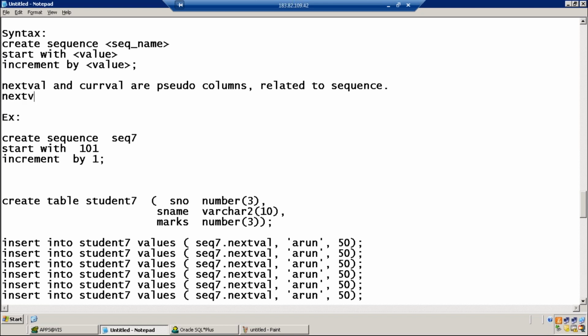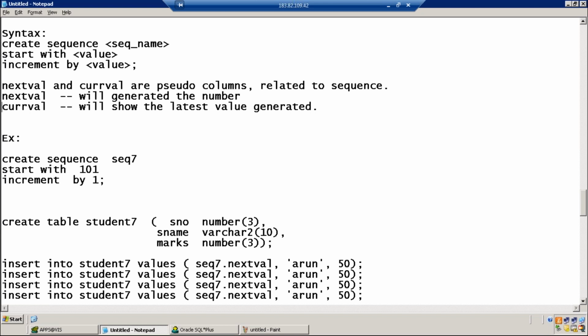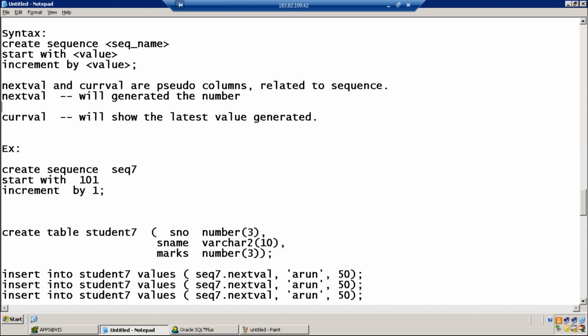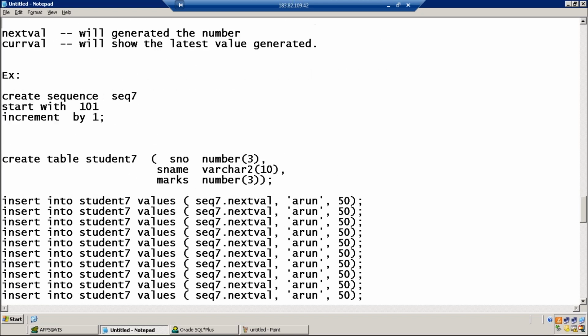Nextval will generate the number. Currval, the current value, will show the latest value generated. Clear about the pseudo columns and sequence?